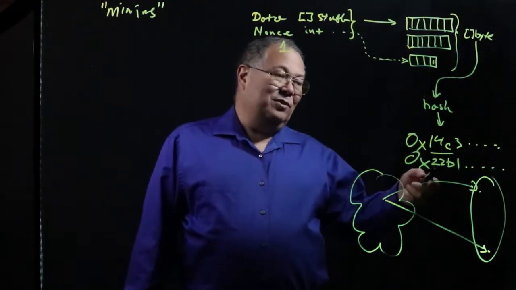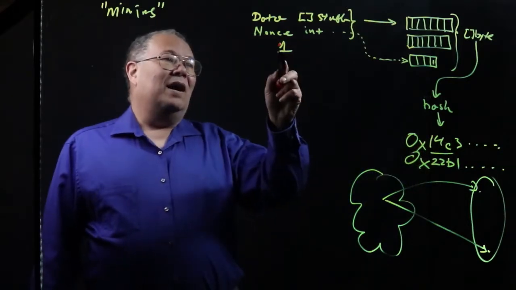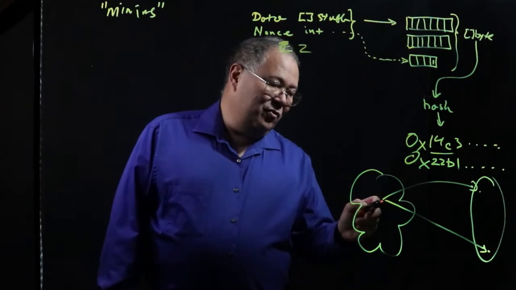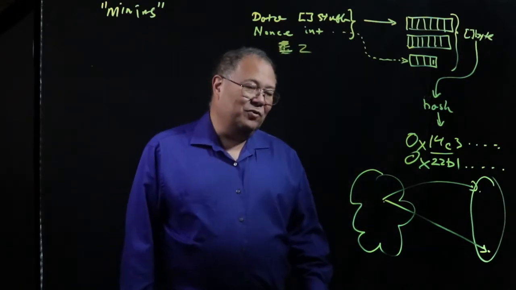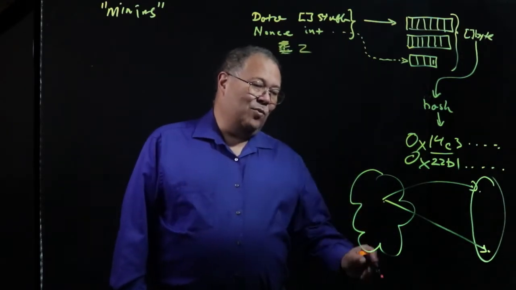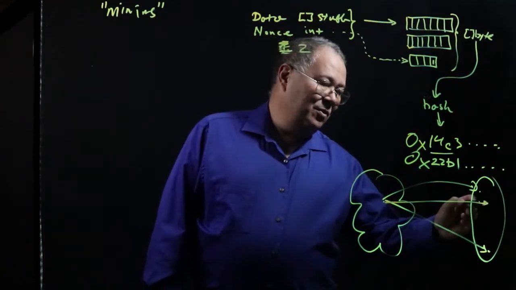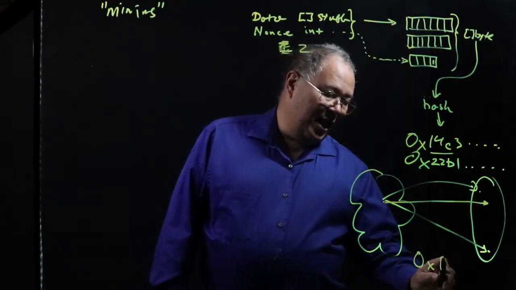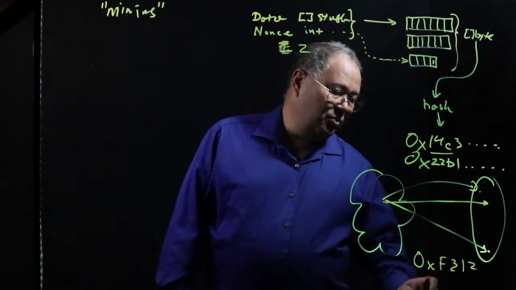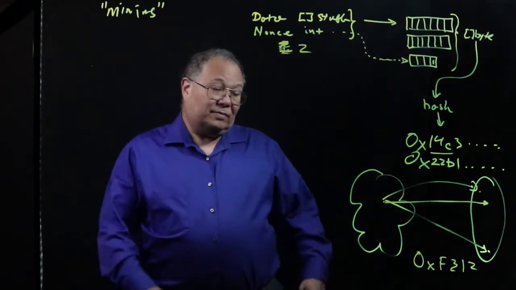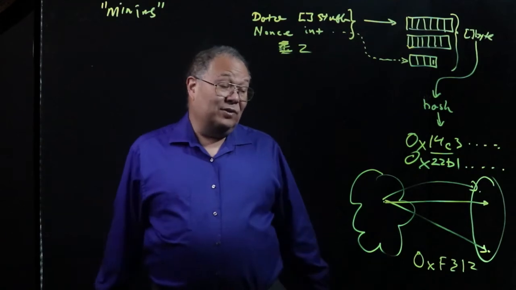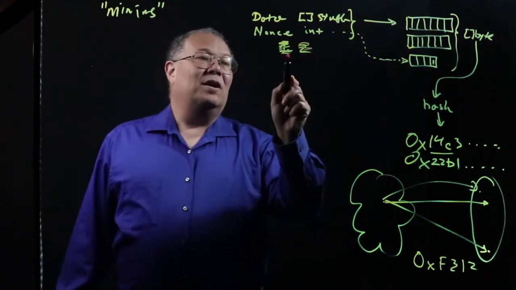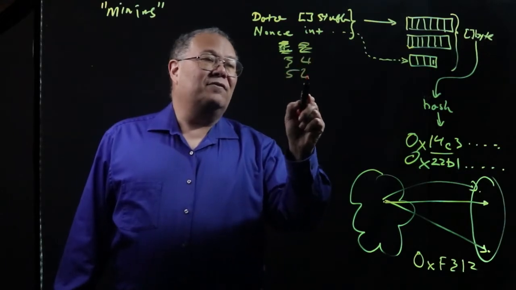So what am I going to do? I'm going to loop back around and change my 1 to a 2. Now, we haven't moved our data much, but we've moved it over to a 2. When we hash it, we get something completely different, 0xF312. Okay, it's a value, but it's not zeros. And we sit here and we loop, and we keep counting up: 2, 3, 4, 5, 6,